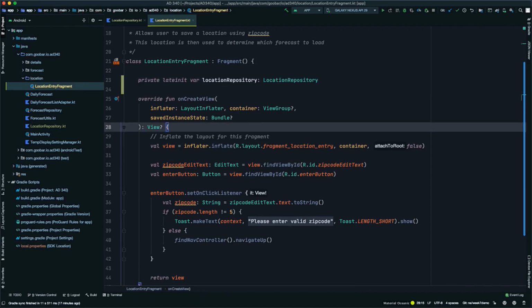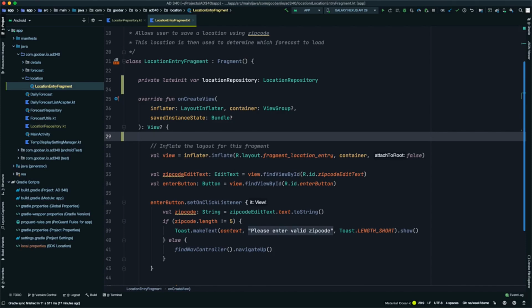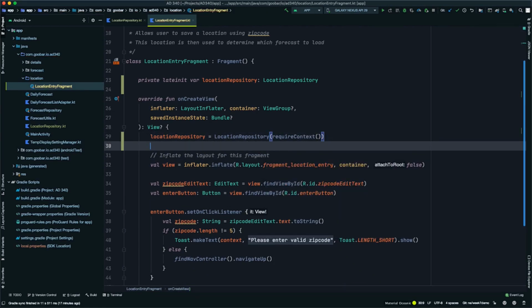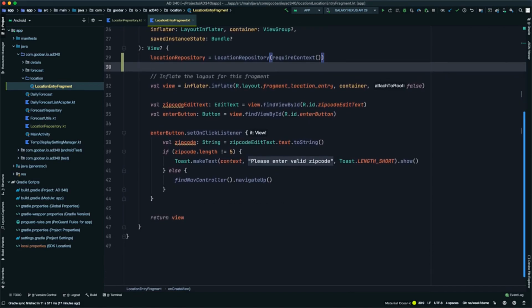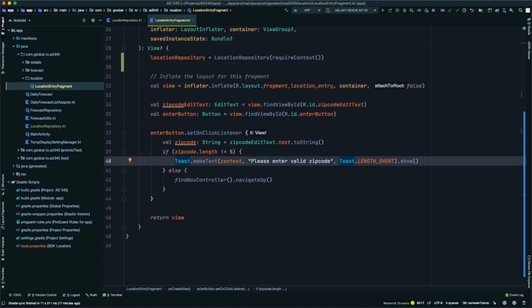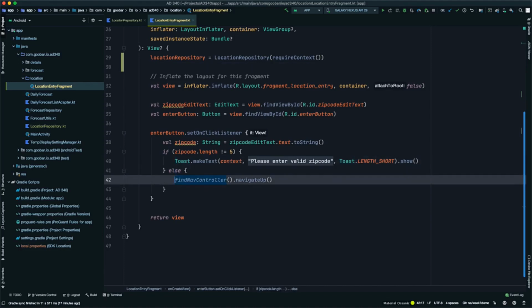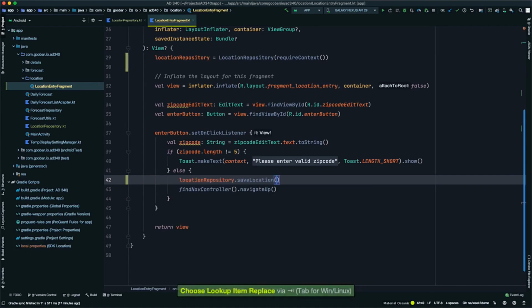In our onCreateView, we will go ahead and create our instance of location repository. So we can type location repository equals, and we'll create a new instance of location repository and pass in context using the requireContext method. Then in the enter button, navigate up call. Before the navigate up call, we can type location repository save location, and we will create a new instance of